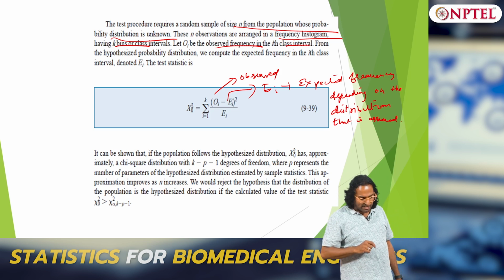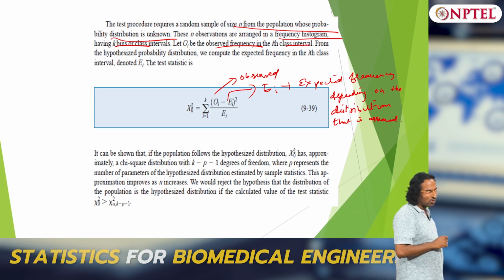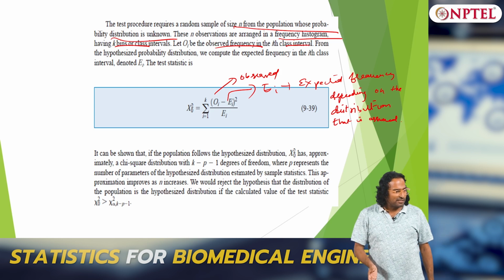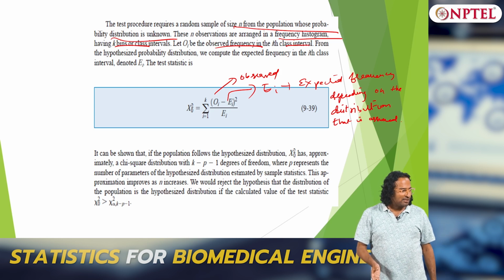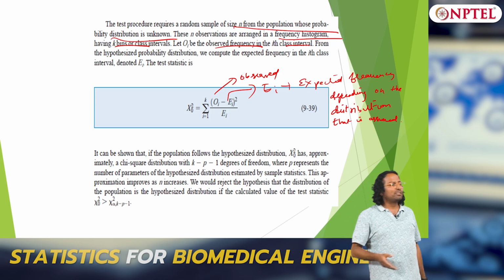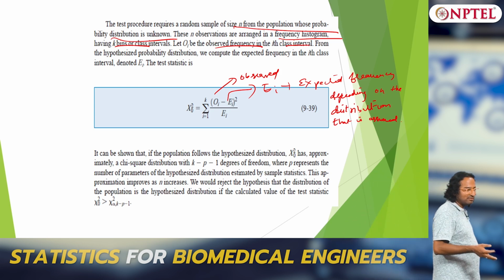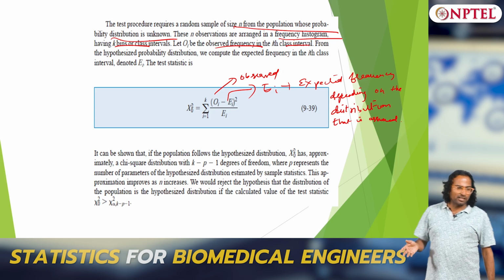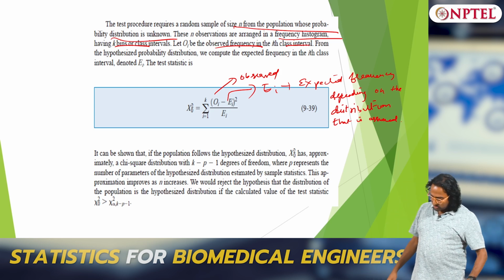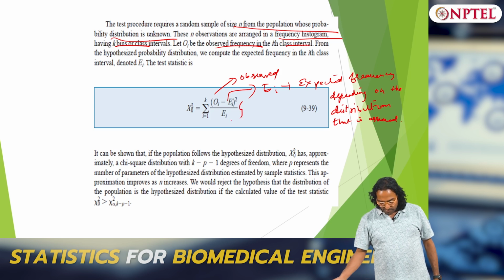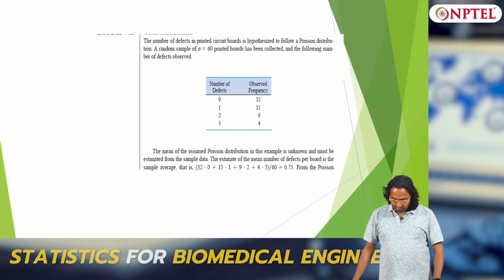So we are going to calculate observed minus expected, the whole squared, divided by expected. Notice this is a squared deviation, how much the expected and the observed are deviating. This should follow what? A chi-square distribution. So this is assumed to follow a chi-square distribution. Okay, let us take a simple example, then you would know this.